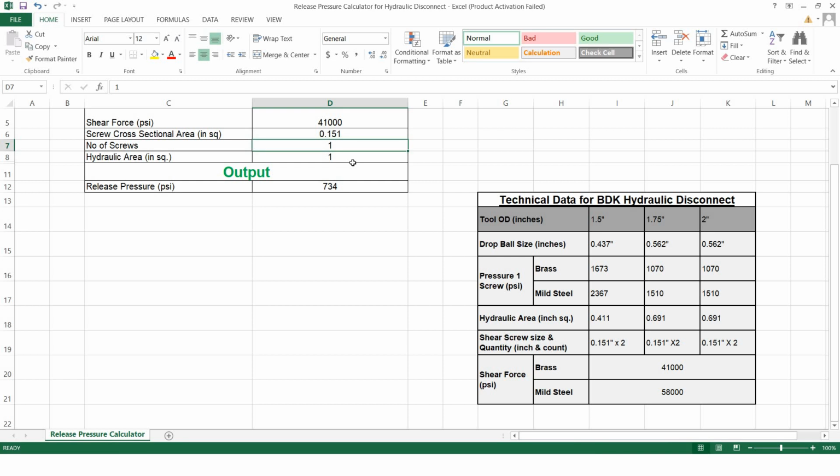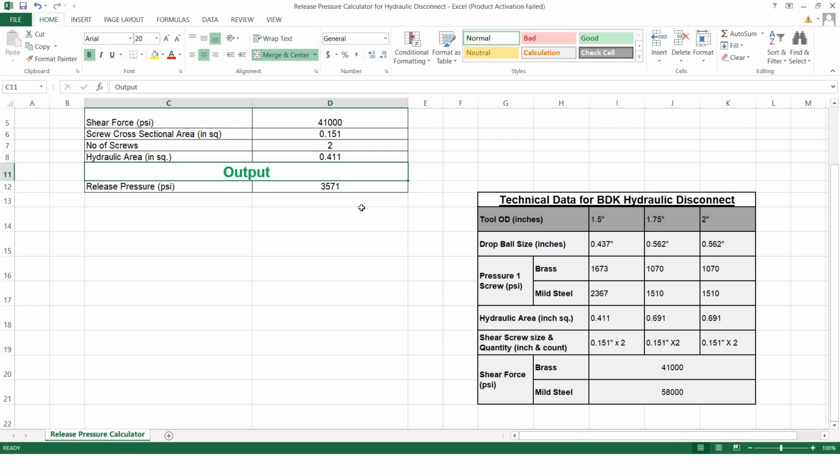For number of screws, let's assume that we have a hydraulic disconnect in which 2 screws are installed. So the number of screws will be 2. And the hydraulic area for 1.5 inch hydraulic disconnect is 0.411. So here will be the pressure which is required to activate the hydraulic disconnect.